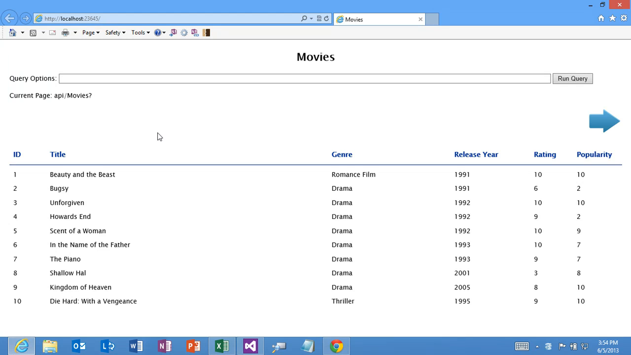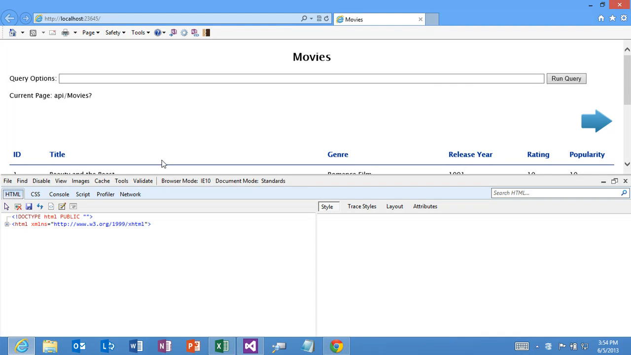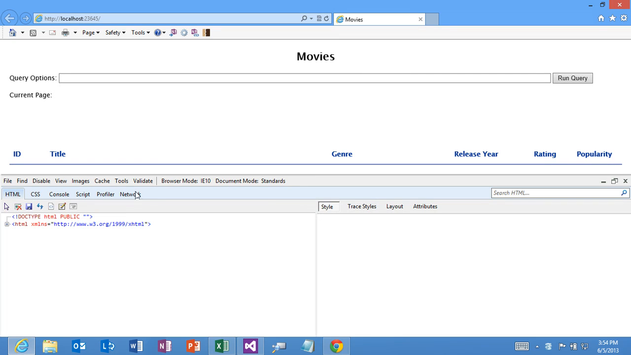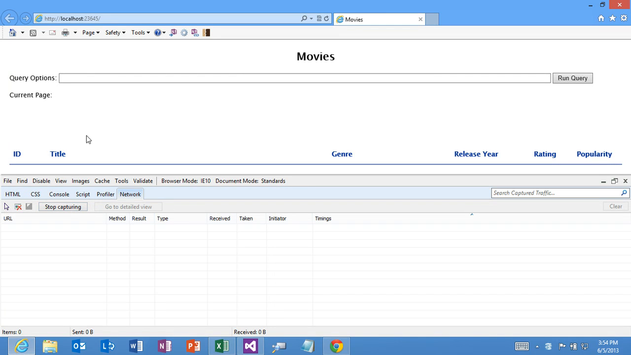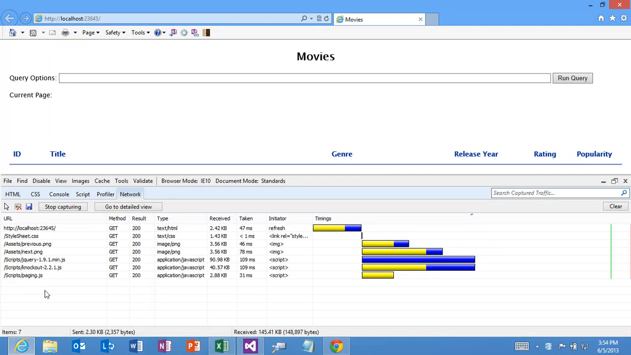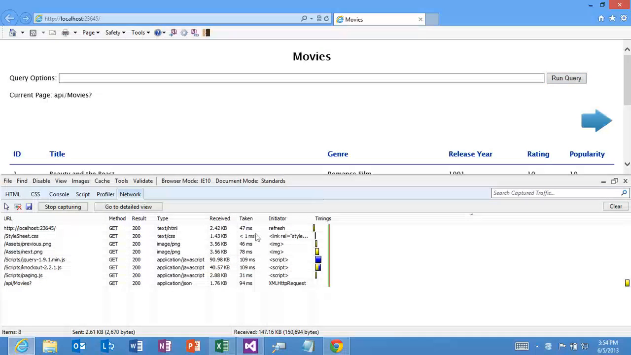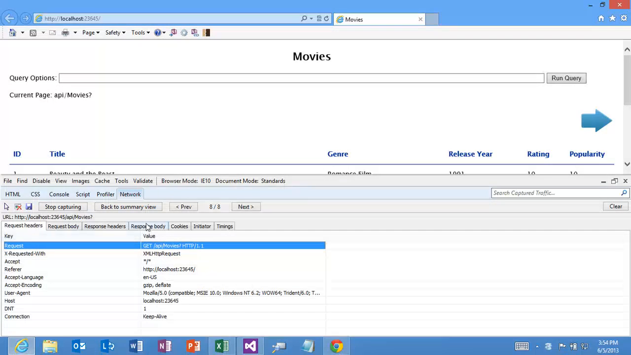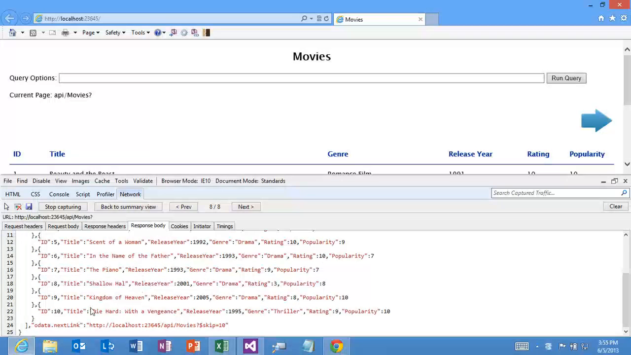Now, how is that actually happening? Well, if I press F12 so we can see what's happening on the wire. Let's run that. Oh, man, let's actually start capturing this time. Okay. Let me run the query. Okay, so here's the GET request to the movies, and currently there's no query on this, so I just get all the movies. But if I look at the response body, you'll notice that I get 10 items in the response,